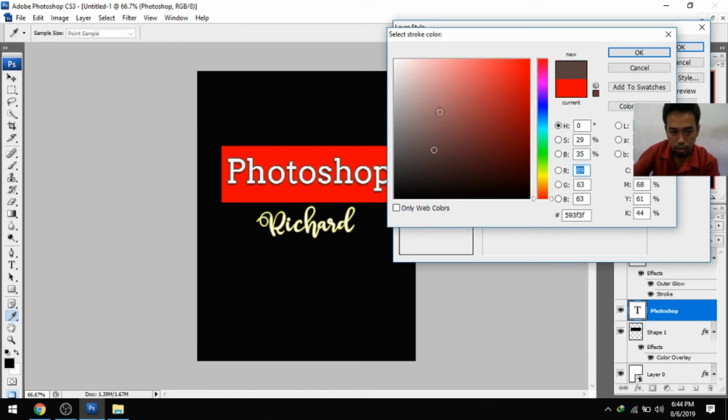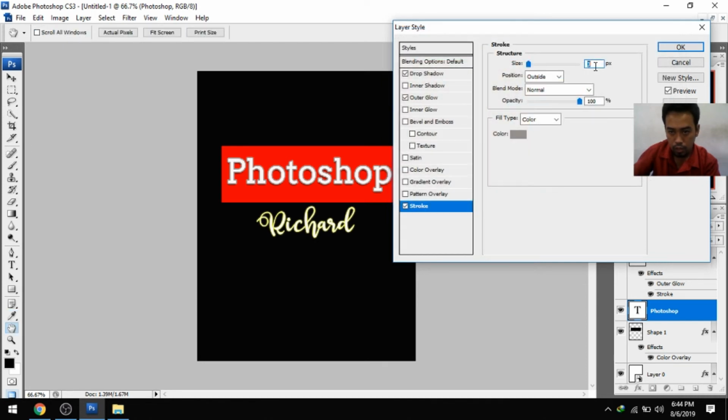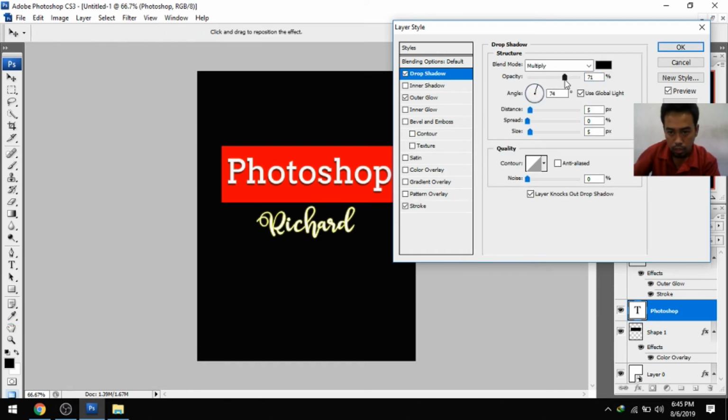For the stroke, I will try to put this gray, but this time I want to change it to 2, maybe 1. I'll try 1, and this time I will try to have my drop shadow,